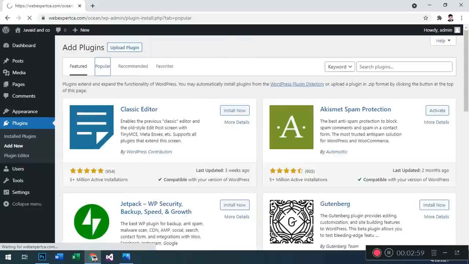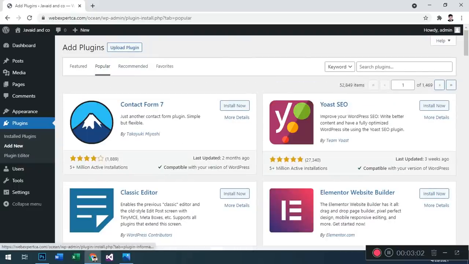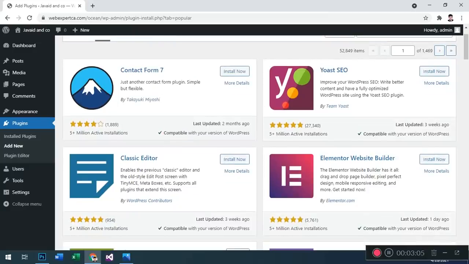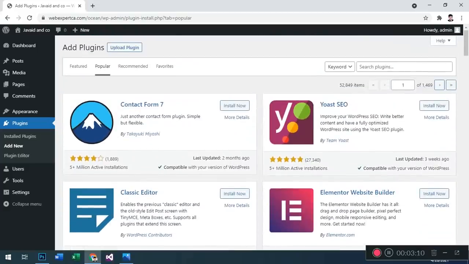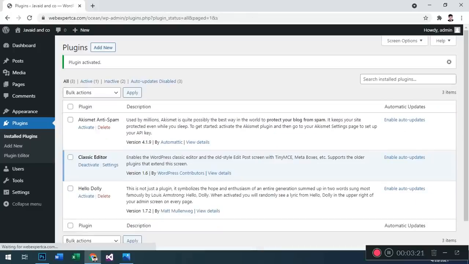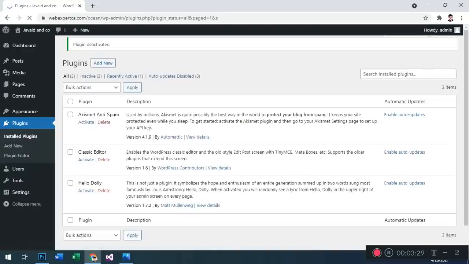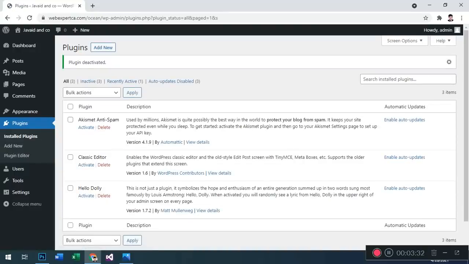After this, some popular ones are available here like Contact Form 7, Yoast SEO, Elementor, Classic Editor and WooCommerce. To install any plugin, just click on the install now button. After the installation you have to activate the plugin. After the activation the plugin will start performing its functionality. You can deactivate this plugin by clicking here, you can delete it here, and you can also activate it here. We have just activated this plugin.